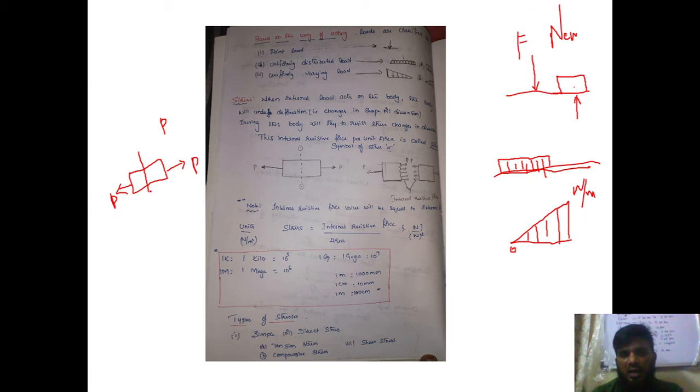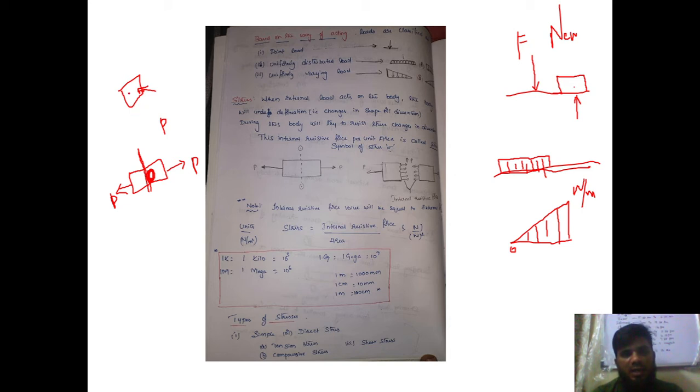This internal resistive force will create some stresses on the surface. Now the stress is nothing but force upon area. This internal resistive force is acting on a particular area, that is the cross sectional area. Now what is this cross sectional area? When an object is cut at some point and you observe it in a cross section view, so this is my view now. At this view, the object seems to be a rectangle or a circle, depending upon the type of rod. This surface is my cross section.